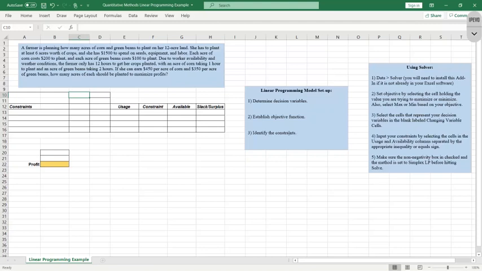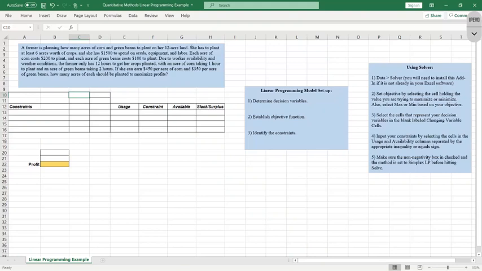The third thing that we need to identify are our constraints. These are the conditions under which we are producing something. Anything that limits our production, such as time or other resources, those are our constraints, things that keep us from infinitely producing. Okay, so in this scenario, we have a farmer who is planning to plant acres of corn